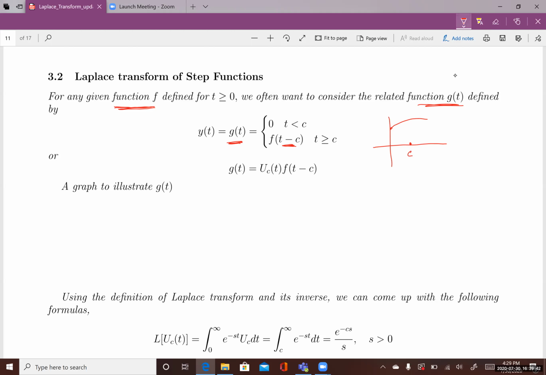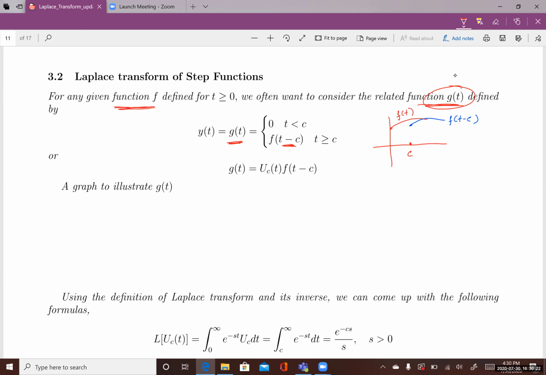So this is f of t, f of t minus c is this function, and the red function is f of t. The reason why we want to consider this function is because, again, we want to think of functions in terms of step functions. If we have a step function in this form, then we can use the Laplace transform